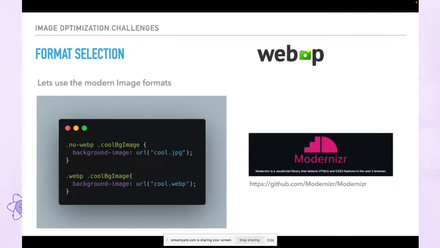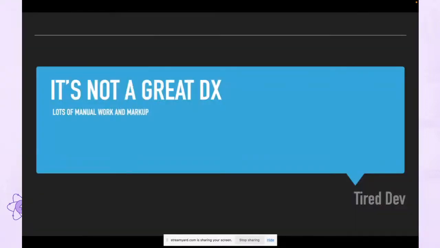By the way, just a quick show of hands, has anyone actually used Modernizr for implementing WebP images? Hmm, I guess not many people have used it, because it's not a great developer experience, right? This traditional approach makes you add a lot of markup, and it's a lot of manual work